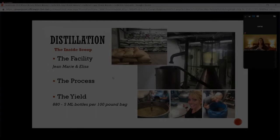So the timing, this whole process is such an art form. It is an absolute art form, because the timing of everything is so specific. I don't even know how they track it all or how they manage it all. Elisa actually has a really significant degree in the science and the aroma of different plants. I'm sure she had a gift prior to all of this, but her sense of smell has been curated so specifically that she can smell the oil to tell them when it's done, when it's ready. Because the oil, as it's distilled, still has a lot of water and condensation in it,